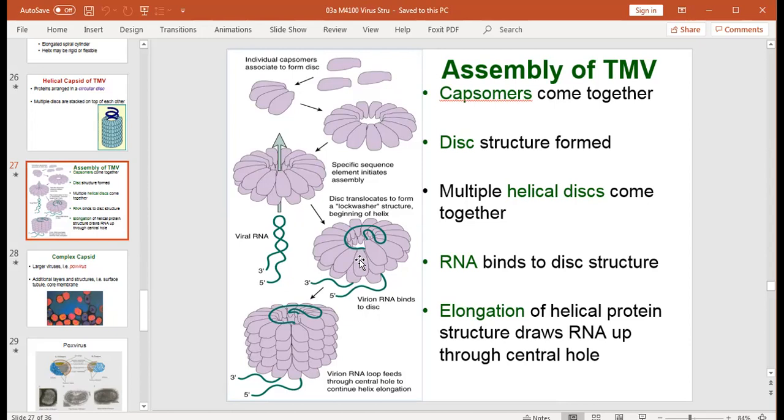So capsomeres come together, disc is being formed, discs will start sitting on top of each other to have multiple